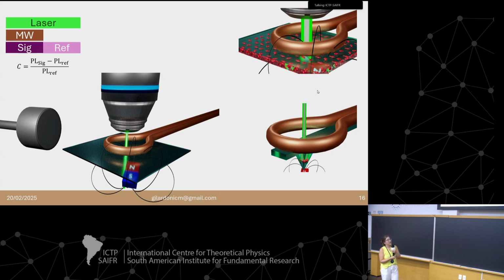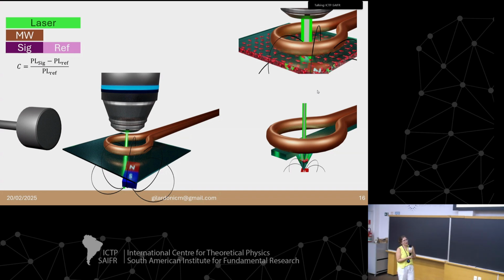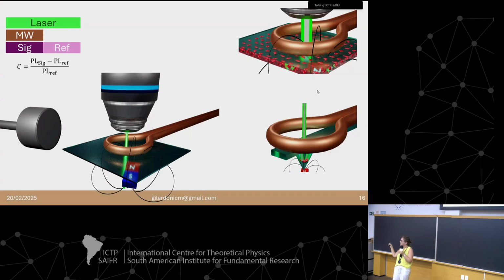And implementations of that can be various. So you could also have a slab of diamond, but with very dilute concentration of NVs, where you can identify single NVs, and then you can spatially scan by looking at different NVs. Or you could have something that looks a little bit like a microscopy technique,